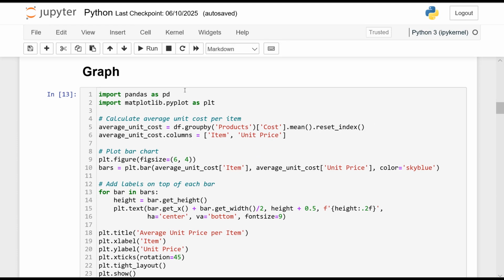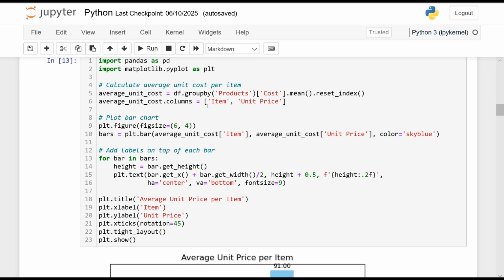The first two libraries, pandas as pd and matplotlib.pyplot as plt, are imported. Where pandas is used for data manipulation, matplotlib is used for creating charts and graphs. Here we have discussed these lines earlier, so we shall start with